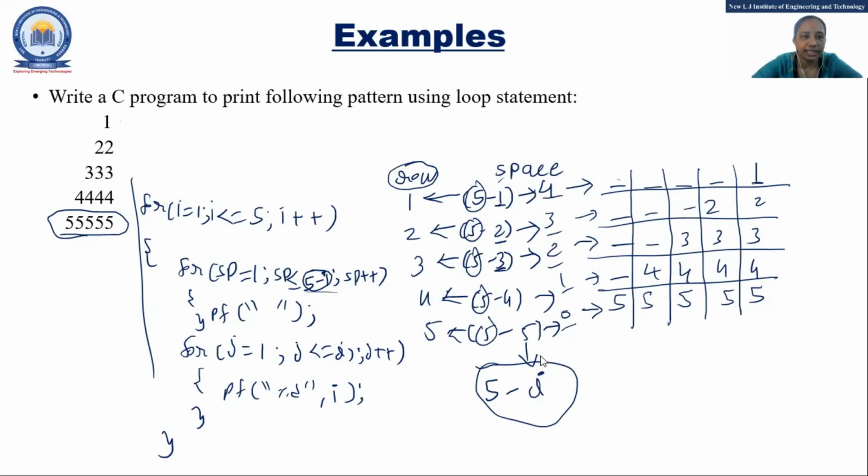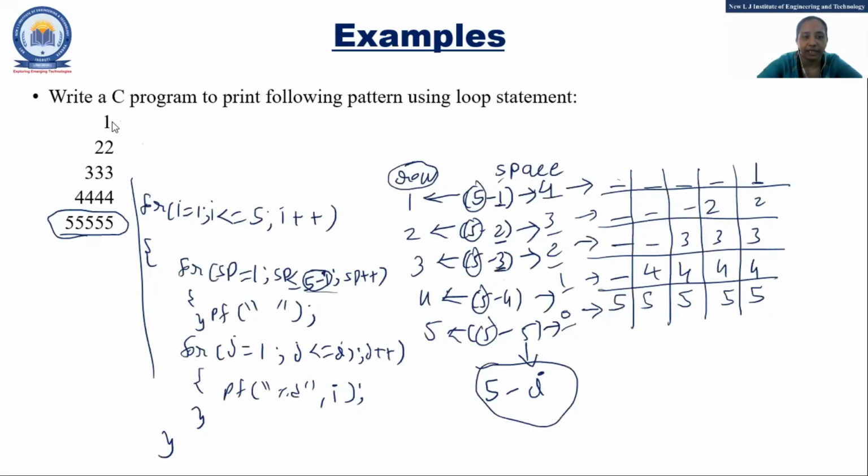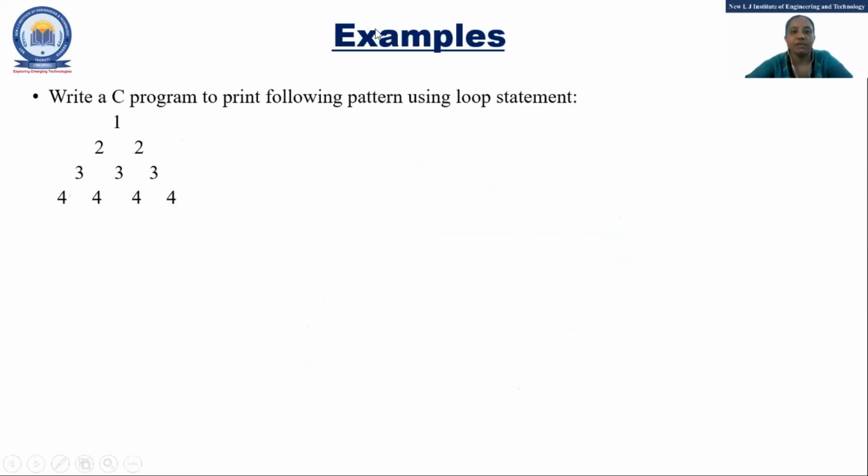So we will move to the programming again. Now next you can see 1, 2, 2, 3, 3. What is the difference here? Just a space. If you combine 2, 2, then it will be the previous pattern. So what I'll do is print 1 and then 1 space like this, and it will give you this pattern. Only one modification is required here. So quickly we will go to another screen and see the pattern.